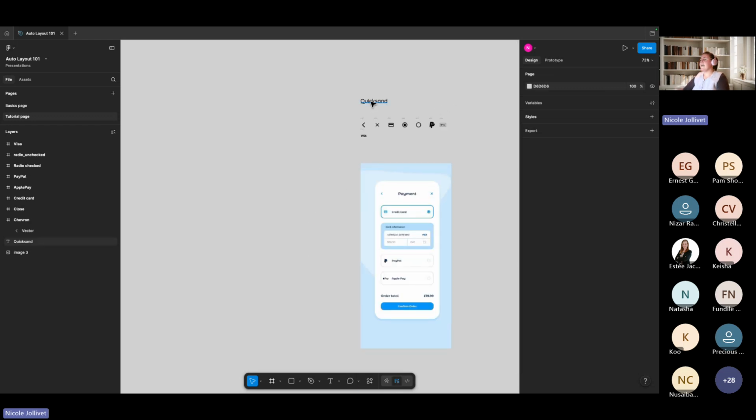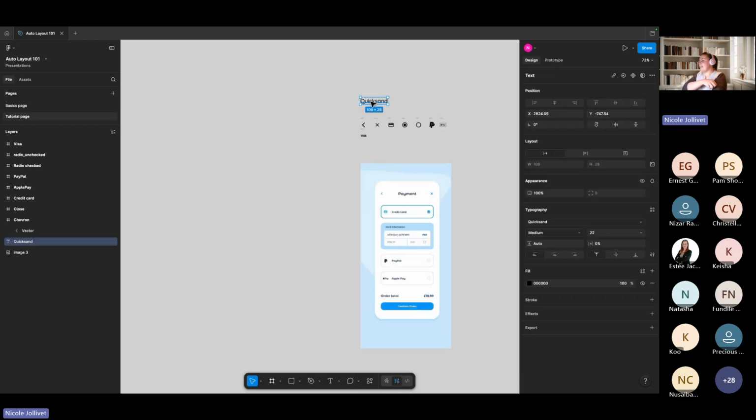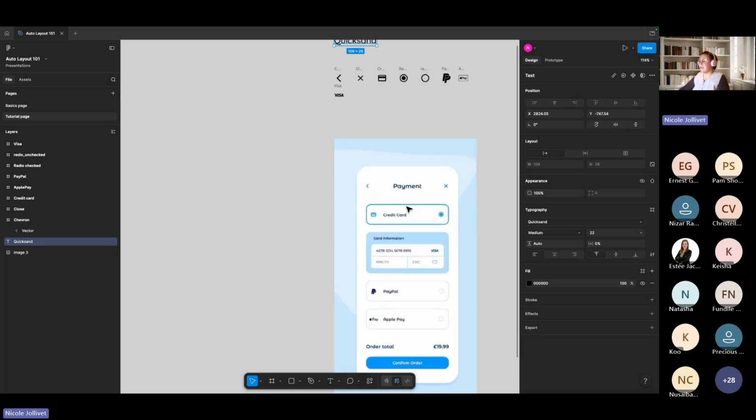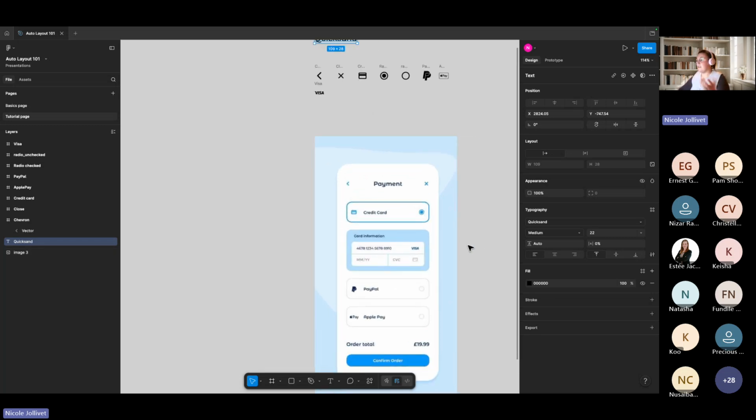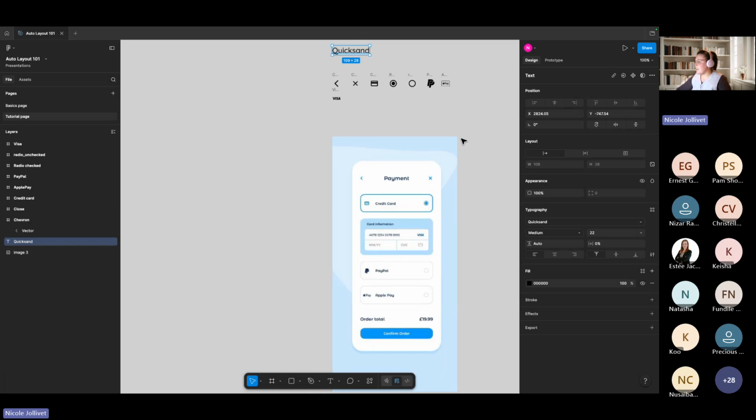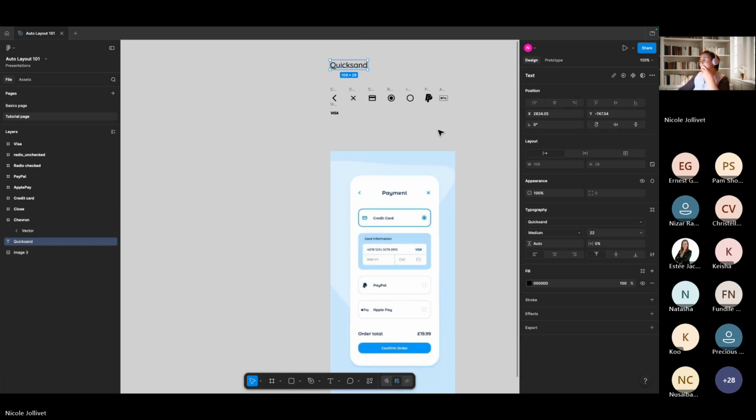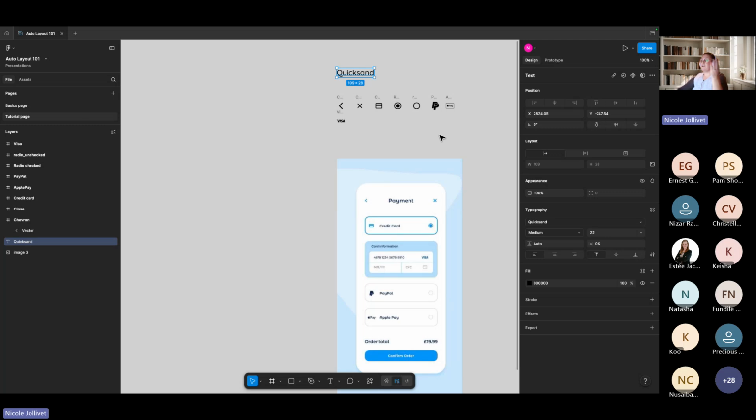I've also got a typeface that I thought matched this screen really well. I just grabbed the screen off Google Images because it looked really cool, and I thought it was a great example to play around with auto layout. Cool. First thing I'm going to do,